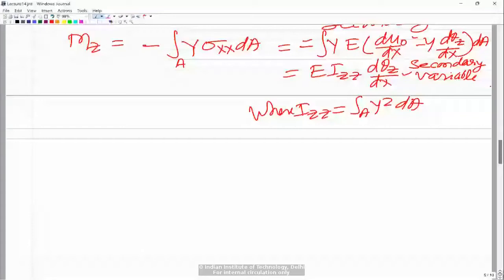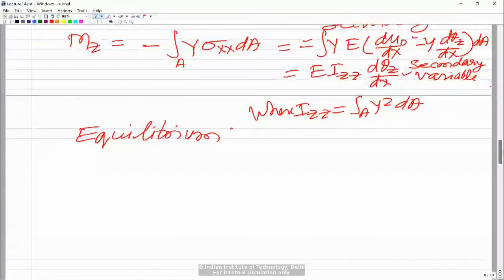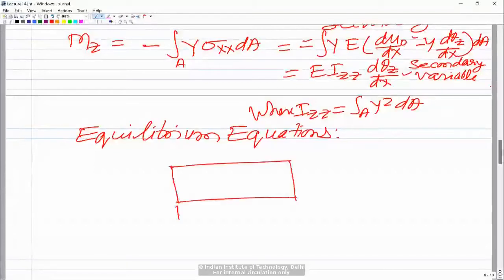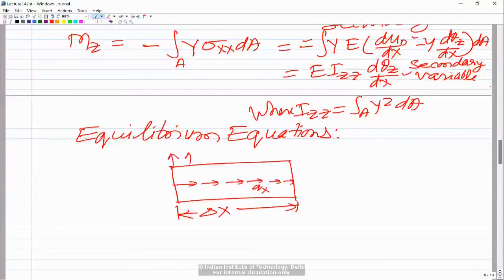So if you look at the equilibrium equations, for that I am taking a small differential element of the beam of, let us say, length delta x, and the forces are, there is an axial force per unit length, and there is a transverse force per unit length, that is qy,